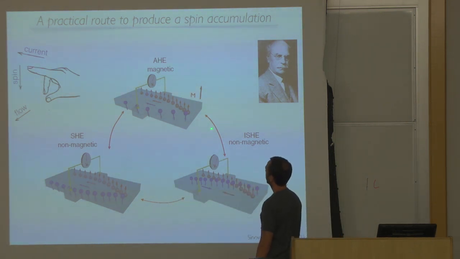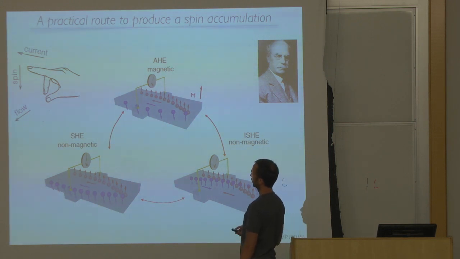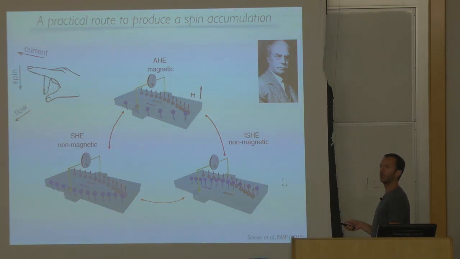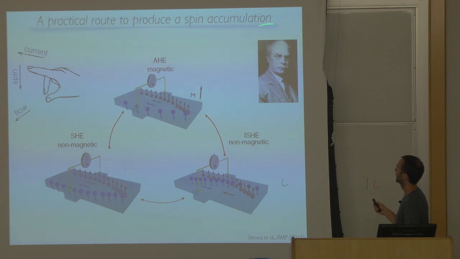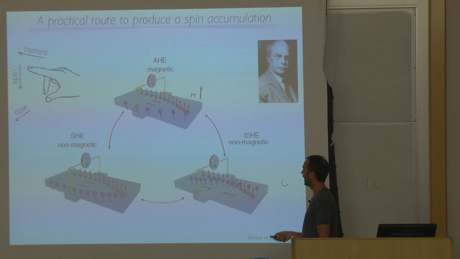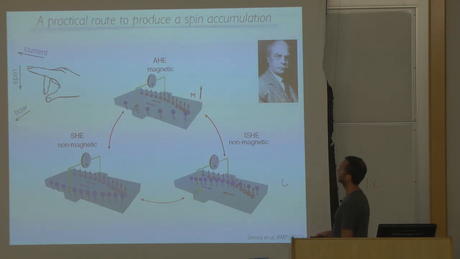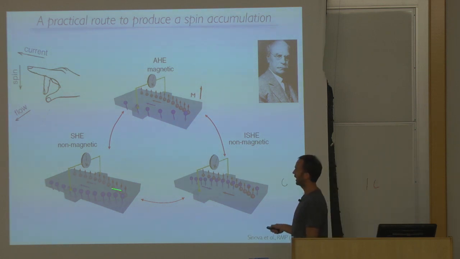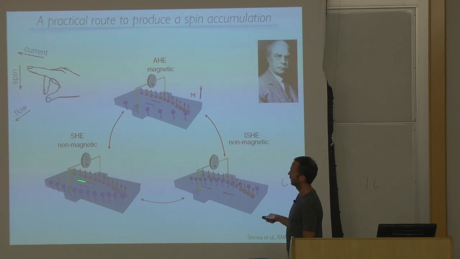Like I promised, let me explain now quickly how that spin accumulation at the boundary could be produced. And that actually goes back historically all the way to Edwin Hall. So already this guy, in some sense, knew, or at least observed, the phenomenon that basically would allow us to inject that spin density, namely the anomalous Hall effect, or a slightly more modern version of that, which is the spin Hall effect, that precisely allows us to accomplish what we need, namely sending electrical current in any material, let's say in this direction,